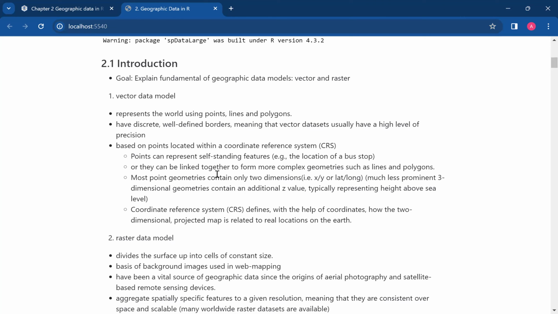Okay, so they can be linked together to form more complex geometries, such as lines and polygons. And this is where we can say, okay, I might be looking at the state in a bigger picture. Maybe a street, the entire street could be a line. Polygons could be maybe a local government area or county. We can decide to use that. So don't get lost. Polygons might not represent the actual shape of a state or a county, but